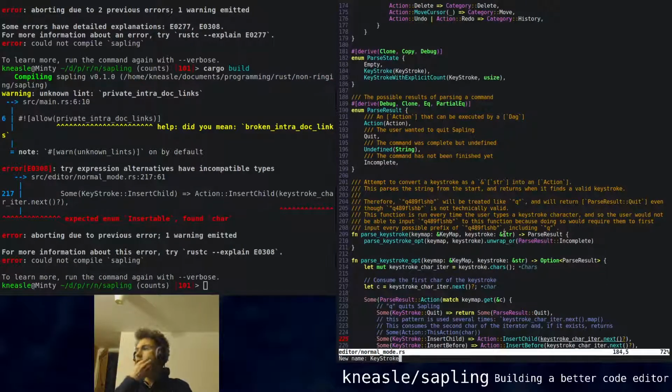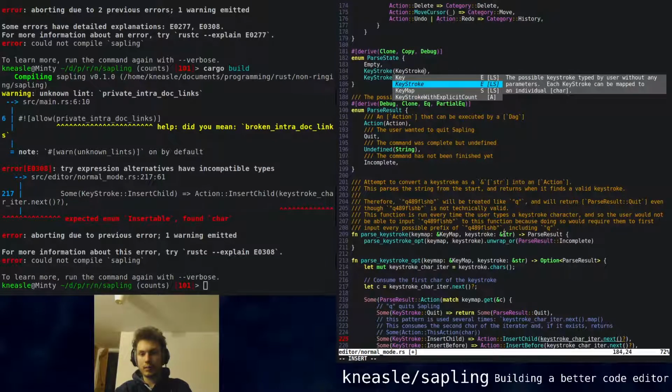So I think there should... Keystroke is not a great name for this. I think we need something like... because keystroke here, what this actually means, if we get the documentation, it says the possible keystrokes typed with the user without any parameters. Well, we might want keystrokes that have more than one parameter,